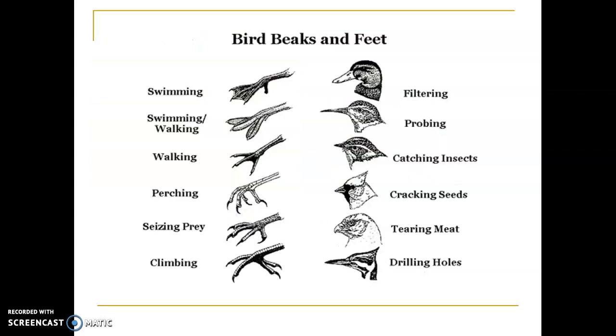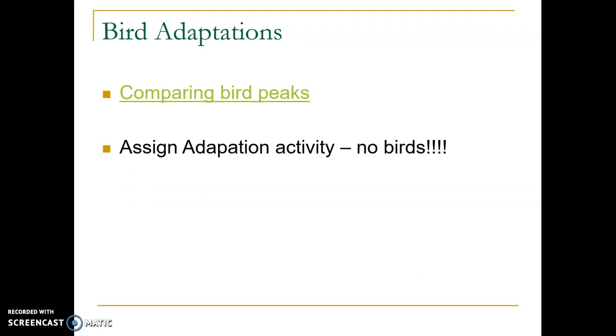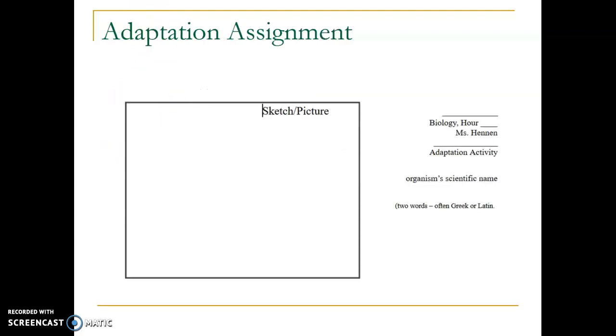So just trying to look at some different beaks and feet and what they would provide in terms of a benefit. You can look at the different kinds of beaks here and see, okay, if I'm going to crack seeds, I got to have a strong jaw so that I can do that. If I'm a raptor and I'm going to tear meat off, again, that would be beneficial. And even different kinds of feet, whether or not it perches on a branch or it swims or it walks, you can see how these would make sense. I put this link at the end or in this folder, so if you want to look at some more birds, have at it.